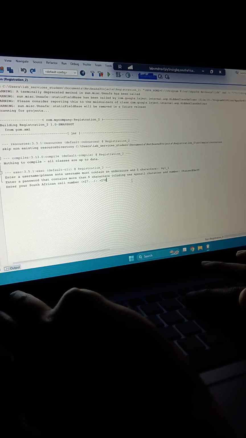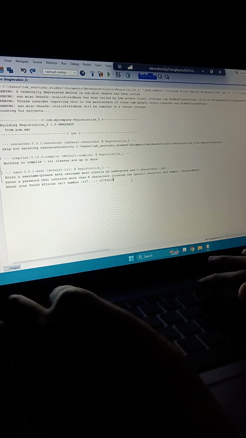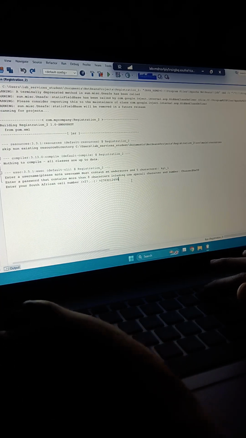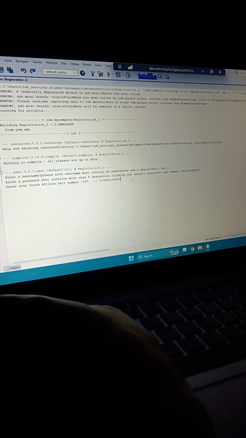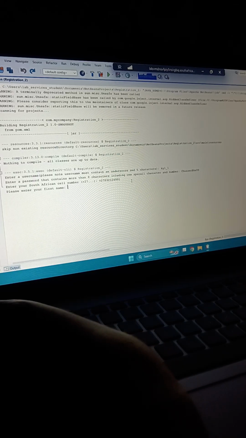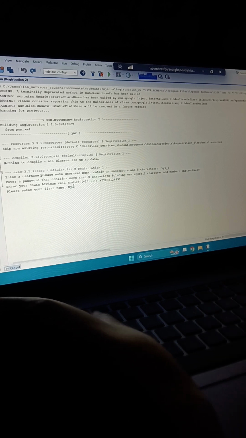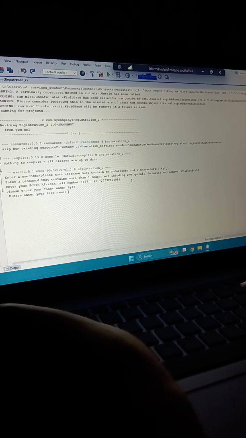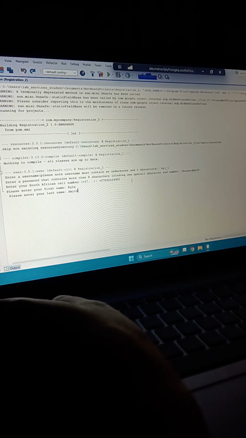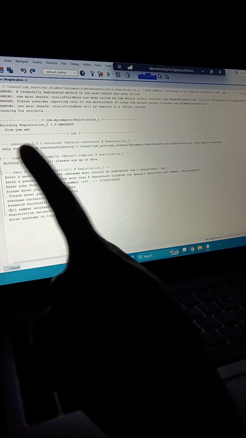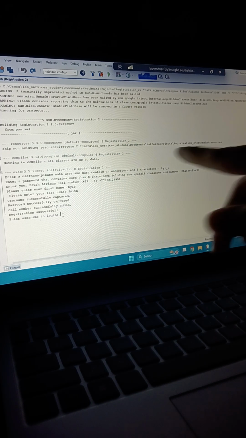So now we're going to enter our first name. It will be a capital Kyle Smith. Username has been successfully captured. Password successfully captured. Cell number successfully added. Registration was successful. Now let's use the specific